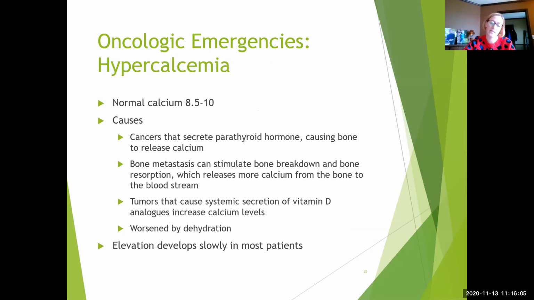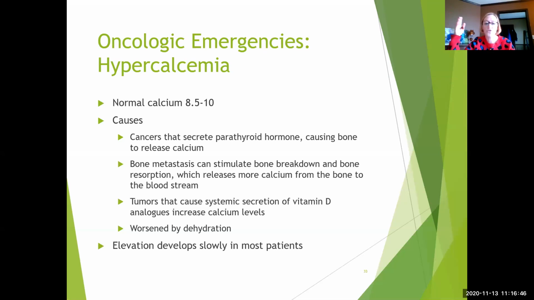Then hypercalcemia. So our normal calcium, 8.5 to 10, which actually I think in the latest up-to-date ATI one, it's 9 to 10, but regardless, over 10, because we're talking about hypercalcemia. So cancers that secrete the parathyroid hormone cause bone to release the calcium into the bloodstream. So bone metastasis can stimulate bone breakdown and bone reabsorption, which then releases more calcium from the bone into the bloodstream. And tumors also that cause systemic secretion of vitamin D analogs increase calcium levels,